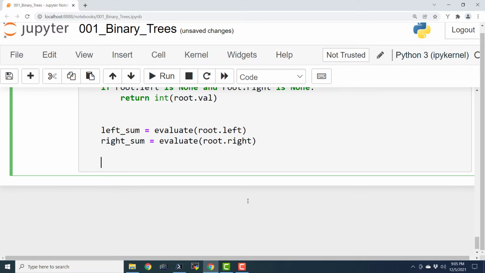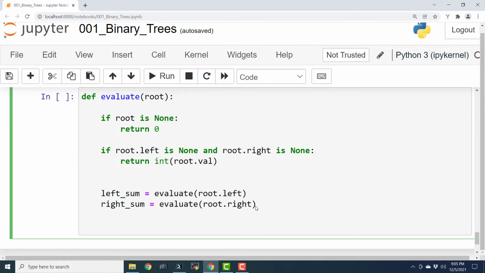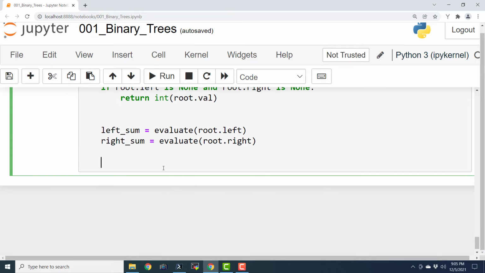Now we are going to check which operation to apply between left and right. Basically, whatever node we are going to pass to it, it is either going to be None or it is going to be a leaf node. And the third case is that it is going to be an operator. Mostly it is going to be a binary operator like plus, minus, multiplied by and divide by. So what is going to happen when it is an operator? We are going to write all those cases for operators.